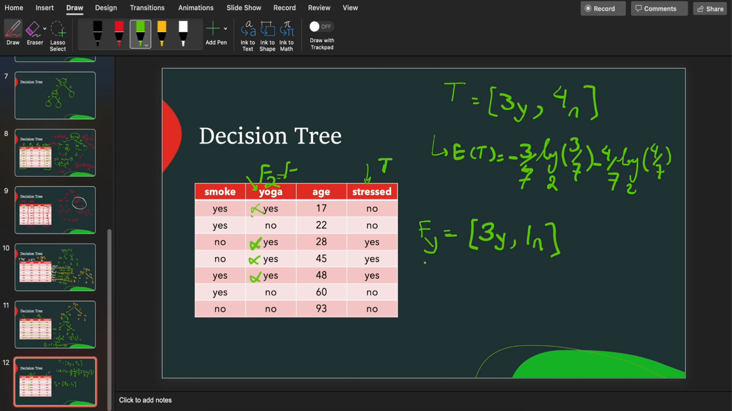And for feature no or negative, which is not doing yoga, if you do the calculation, you'll see this one is a no, this one is a no, this one is a no. So it's 0 yeses and then 3 no's. And if you look at it, it adds up. 3 yeses plus 0 yeses, that's the 3 that you see here. And 1 no plus 3 no's, that's the 4 no's that you see here. And then you calculate the entropy for this one as well. I'm just going to call that, for example, E1, and then you calculate the entropy for this one as well,